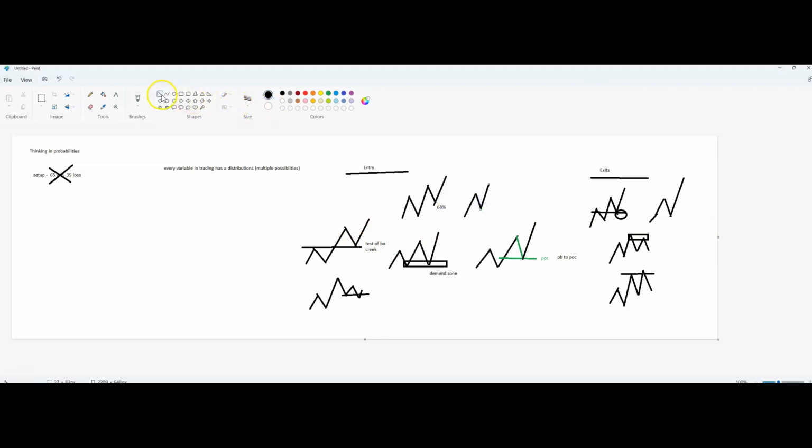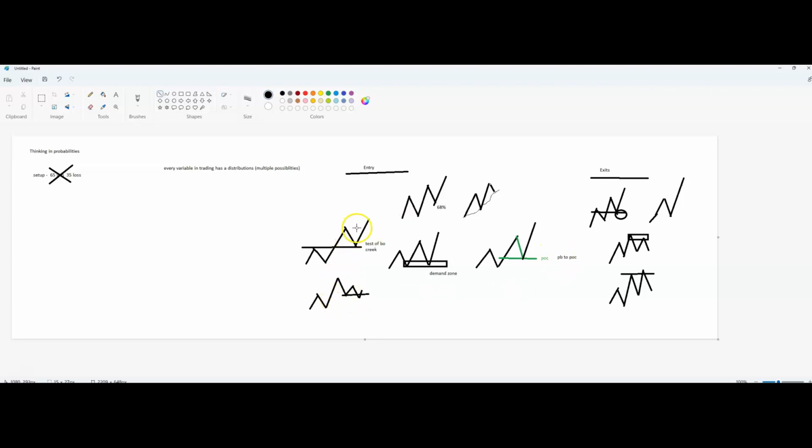Goes here, then they get their pullback to a 10 MA, where they're looking for a reversal or some engulfing bar or whatever, or a level 2. And this is a sixth way of entry, for certain types of stocks, etc. So you see all of these entry possibilities, you see all of the exit possibilities, and markets will dynamically